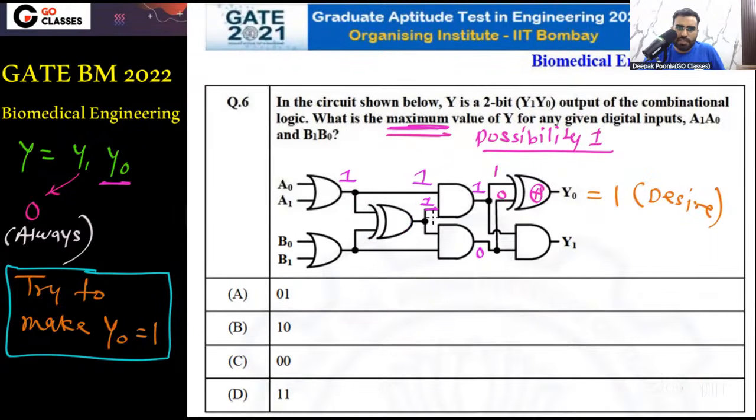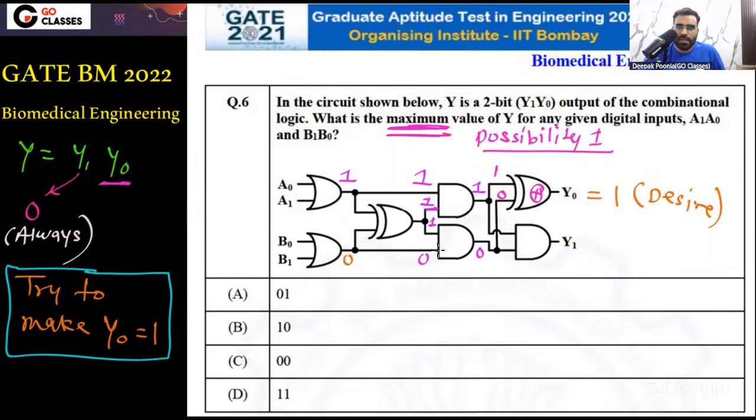So already we have seen that this is basically 1. And for this AND gate the output will be 0 if and only if at least one input is 0. But here you can see already this input is 1, so this input must be 0. Okay, do you agree? This input must be 0. Very simple. Now here you can see this line is 0, so it simply means here for this OR gate